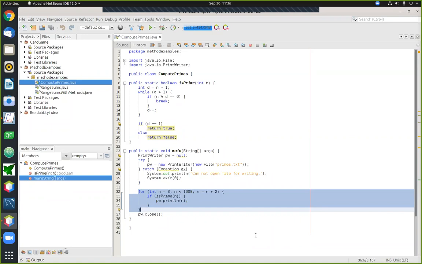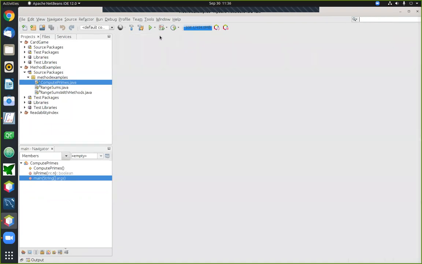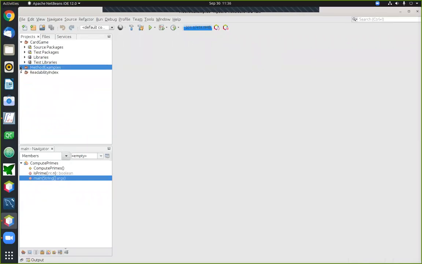Okay, so any questions about this example before we move on to the next example? Okay, so again, today we're going to be going through a whole series of examples, and in each one of these, the theme initially is using methods to simplify something that used to be fairly complex. All right, now actually, yeah, question.